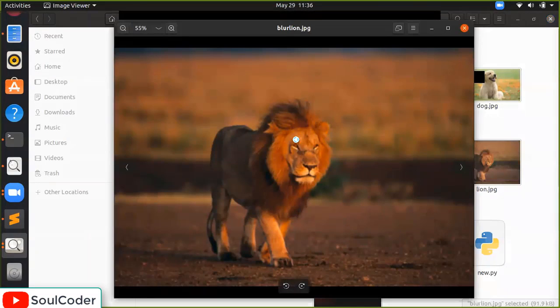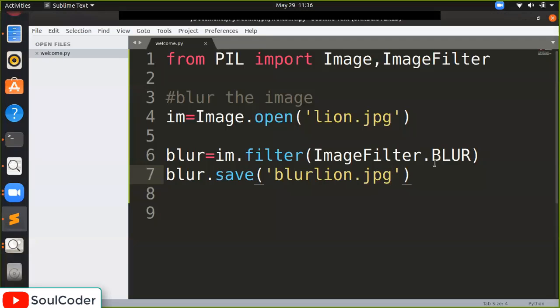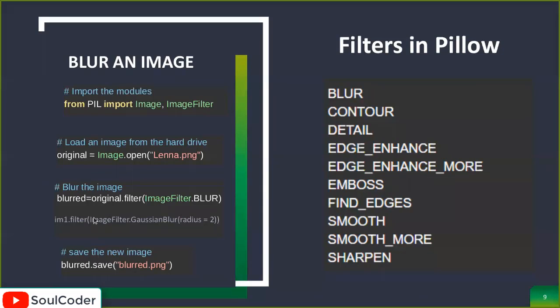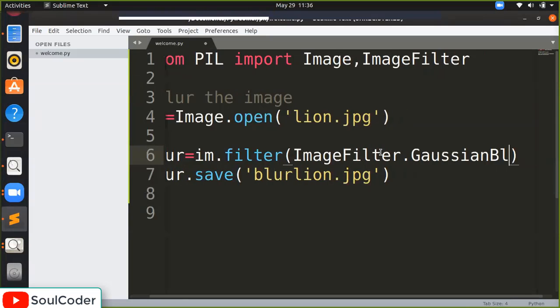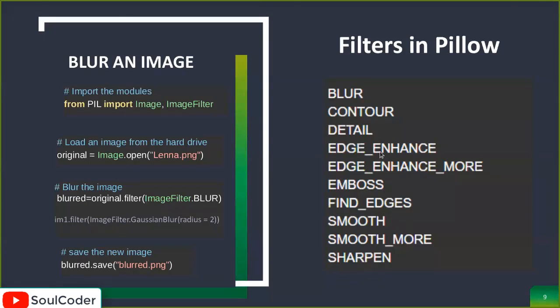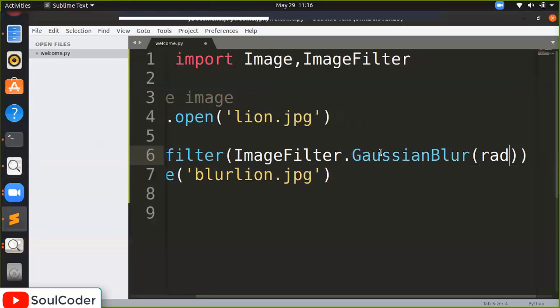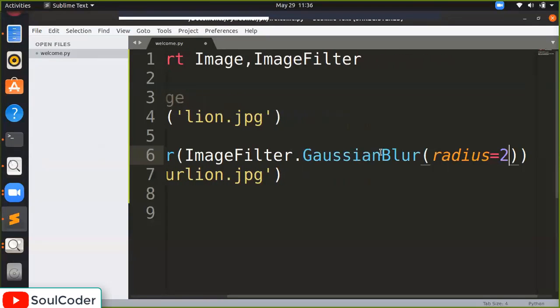Sometimes we want to change the intensity of the blur. So how can we do that? This was the simple blur, the simple method. There is another thing called the Gaussian blur. If you look at the slides, what we have to do is GaussianBlur with the radius equal to 2. We will do the same thing here. The difference will be GaussianBlur, and now I will pass a radius. The default radius is 0, remember that. Now I will pass 2 here.